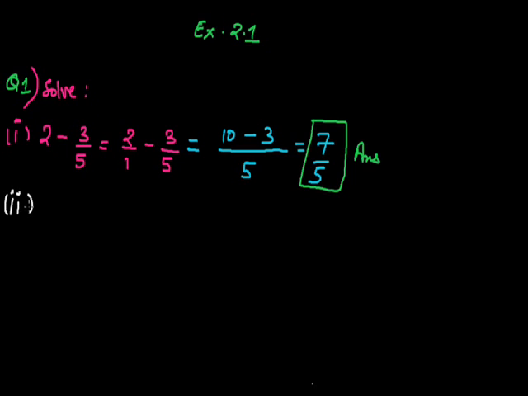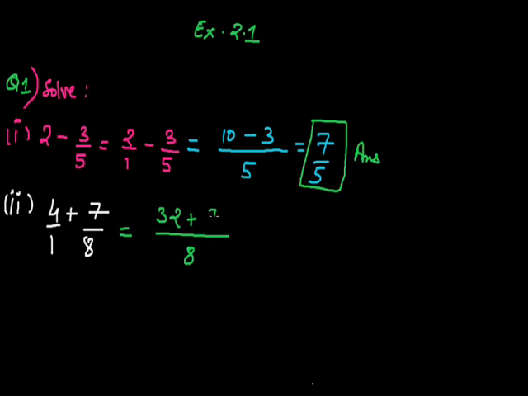Now the second part. In the second part, we have to simplify 4 plus 7 by 8. Now again here we can assume that we are having 1 in the denominator. So the LCM of 8 and 1 will be 8 only. So we are having 8 in the denominator. Now since 4 is not having 8 in the denominator, to make 1 as 8, we have to multiply both numerator and denominator by 8. So if we multiply 4 by 8, we will get 32. And when we multiply 7 by 1, since 7 is already having 8 in the denominator, we need to multiply it by only 1.